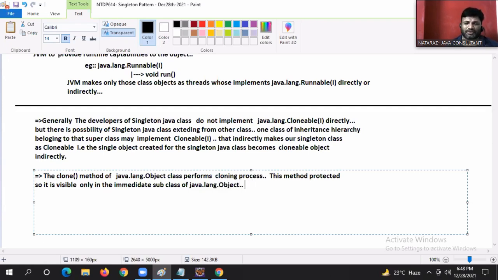But to make that method visible in all the classes of the inheritance hierarchy,